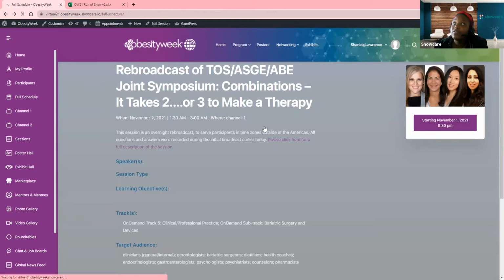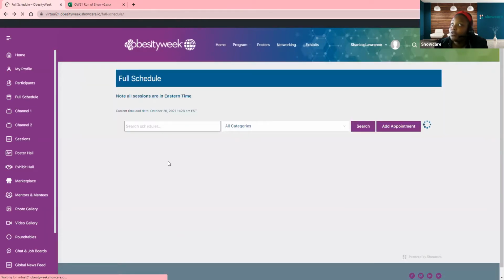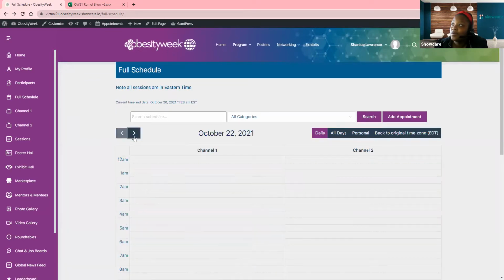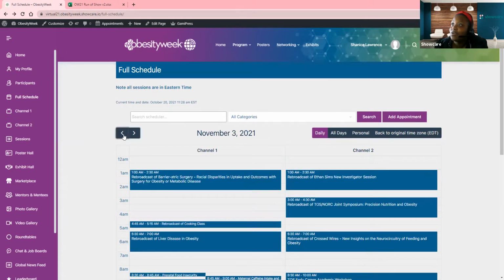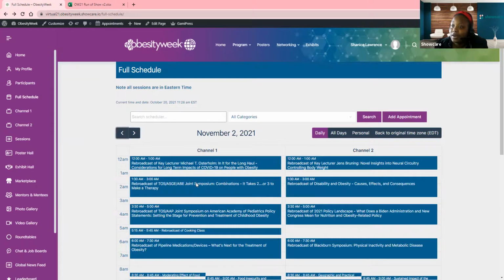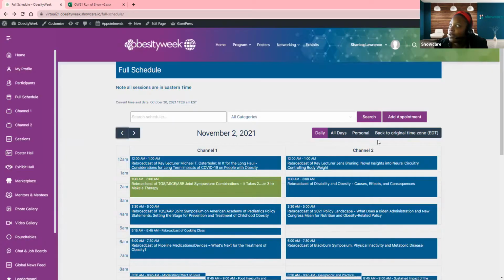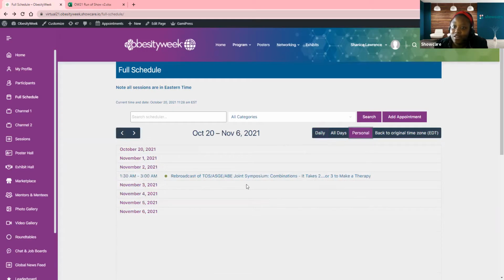Otherwise, if you just wanted to schedule your time, this is going to load in a second. There we go. We're going to fast forward back to the future. Yes, so if you wanted to instead organize, you could click the add button. The add button will add it to the personalized scheduler on the platform, and that way you can organize yourself one way through the meeting, and you never actually have to leave the platform to organize yourself in that way,